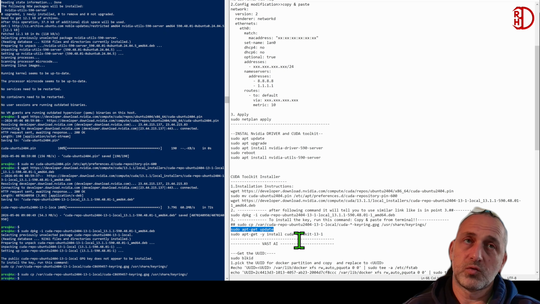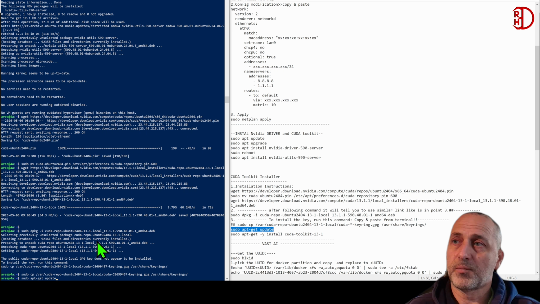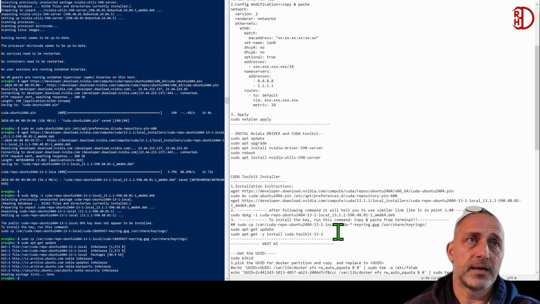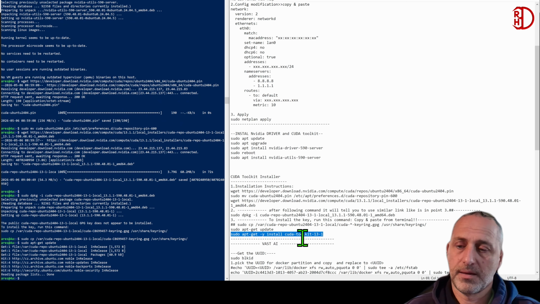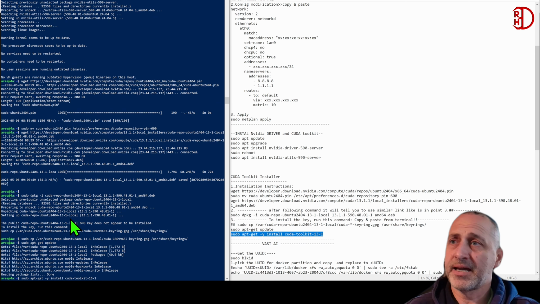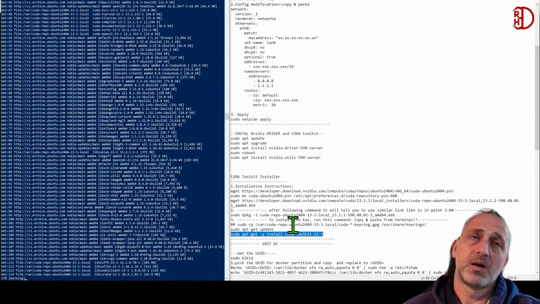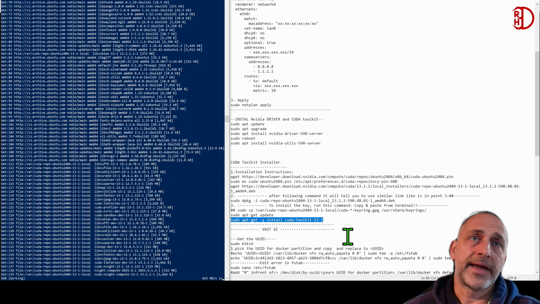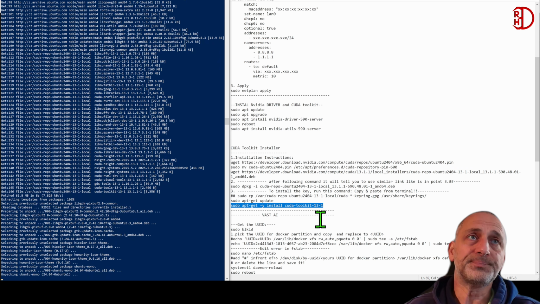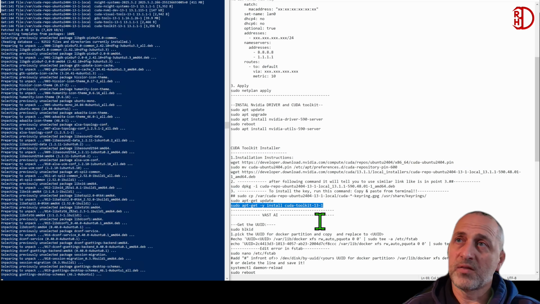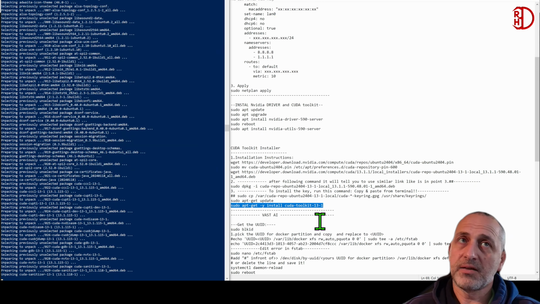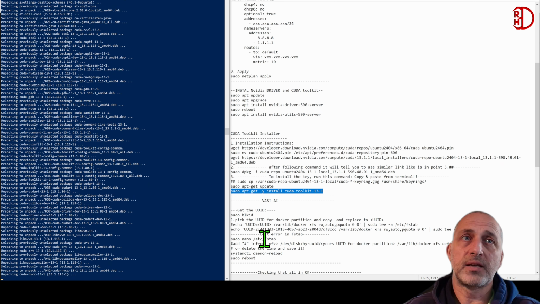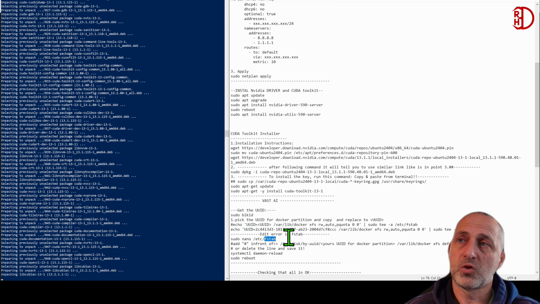Now we go sudo apt and so on. Ctrl copy, Ctrl paste, one line after another. We can put the next one inside and install. So now we are finally installing the CUDA, and in the next step we will need to fix, let me say, the hard drive. We will need to modify the fstab file, which is the config,